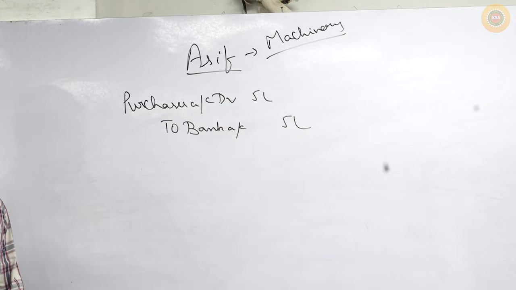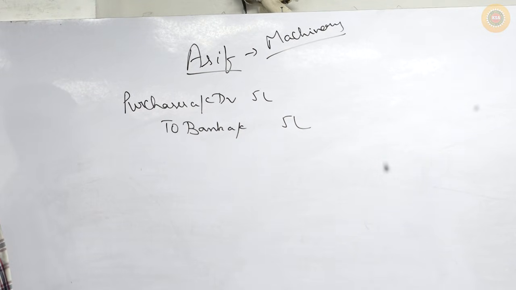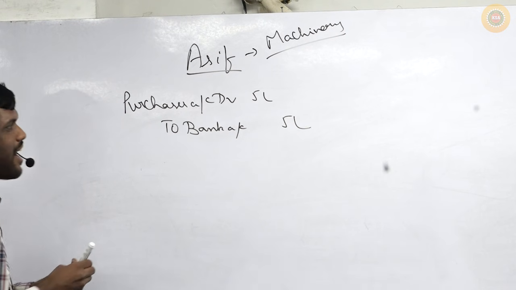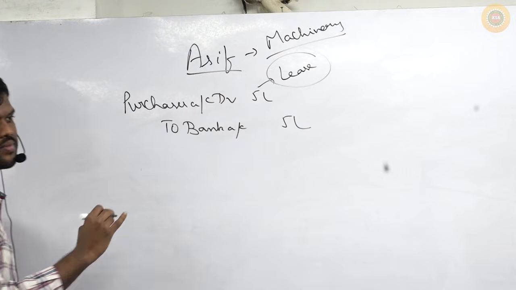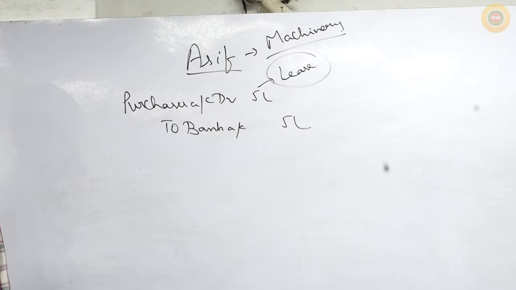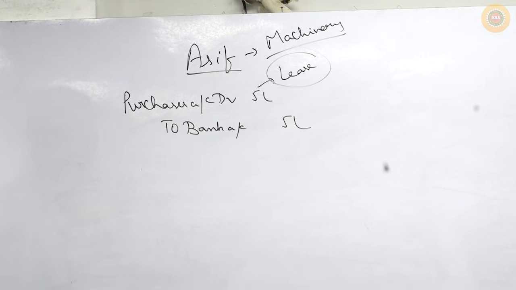Okay, but next day what happened? I went to Asif. I told Asif, this machinery I want, but I cannot buy it. I will take it on lease. Asif is saying, no, I want to sell this machinery. Somehow I am convincing Asif and making him give this machinery to me on lease. Asif has decided, okay sir, you have convinced me. Now I am going to give this machinery to you on lease.